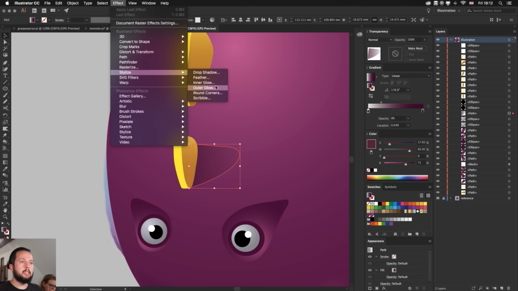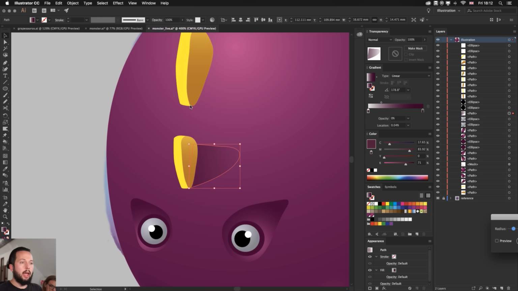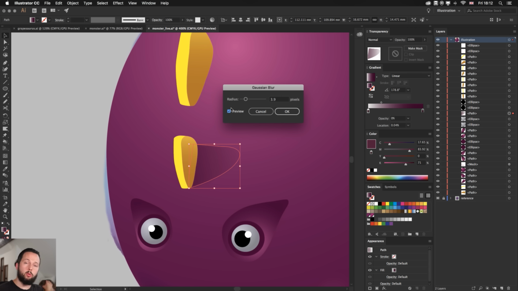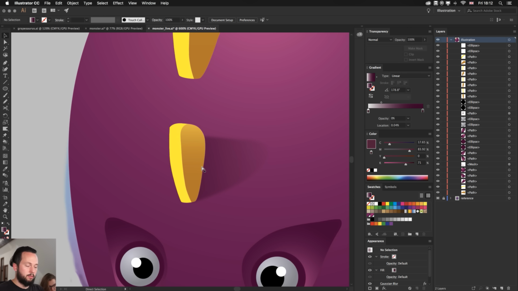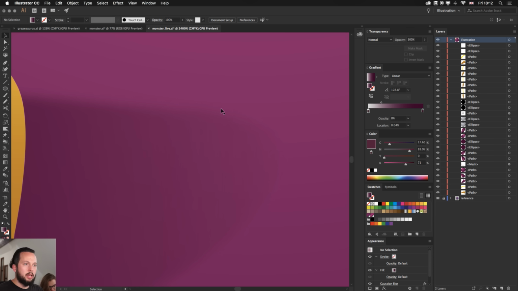So go to stylize. Sorry, not stylize. Just go to blur, Gaussian blur. And once you do that, this is the first instance of an actual pixel effect. So with this one, you just have to be careful. If you use pixel-based effects, they will have a resolution, and you just have to make sure the resolution is set high enough if you want to get a good quality print from this design. So once I click OK, we will see that it's much softer. But if I zoom closer, after a while we might start seeing pixelation here.